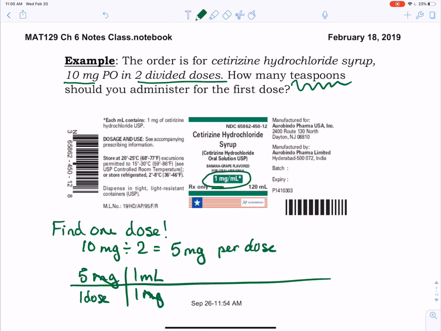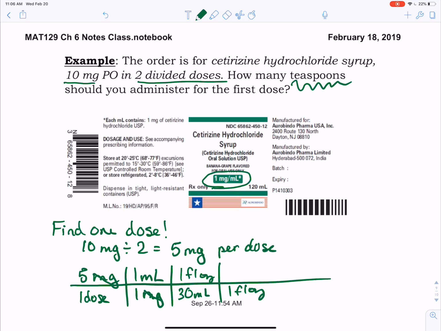If you remember, we said it helped to memorize how many teaspoons were in a milliliter to make our lives a little bit easier. But I forget that, so let's go the long way, just in case you also blank out on a test. If we think about our 1 milliliter on our formula sheet, we know that there's 30 milliliters in 1 fluid ounce. And we know that there's 1 fluid ounce